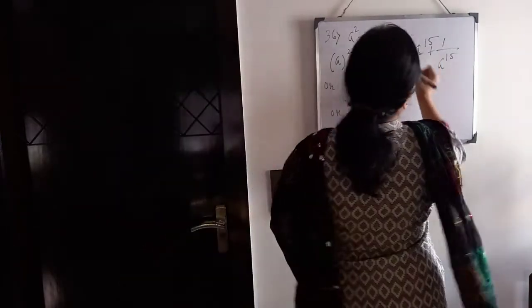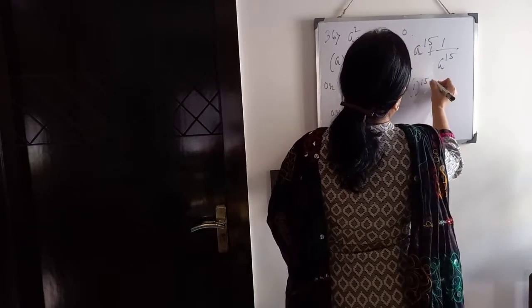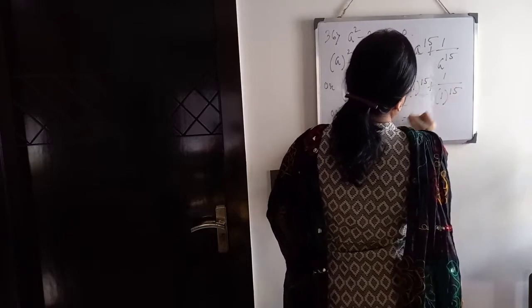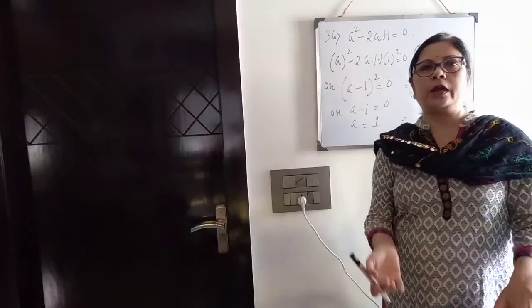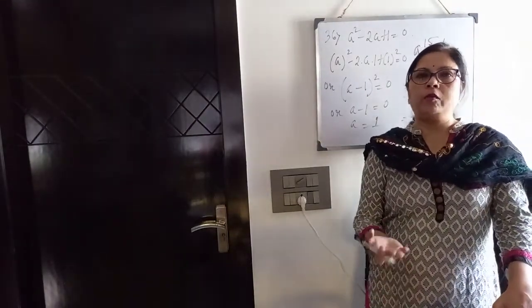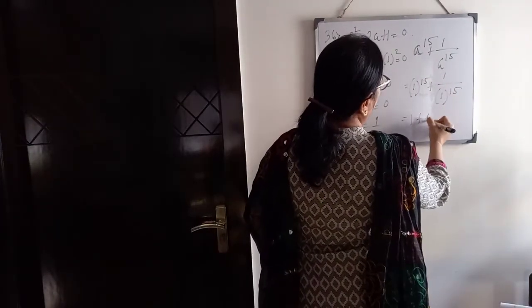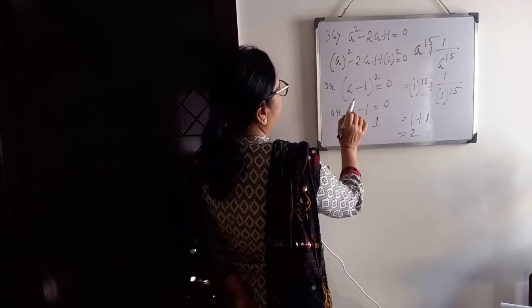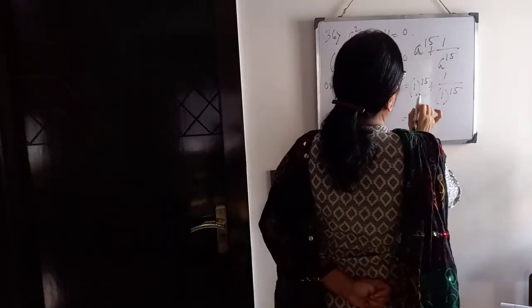Now you have to calculate this. So a to the power 15 means 1 to the power 15 plus 1 by 1 to the power 15. Now 1, if you multiply 15 times or 1000 times or 900 times, whatever it may be, your value will always come plus 1. So 1 to the power 15 means 1, and here also 1. So 1 plus 1, 2. So from here, we first have to calculate the value of a. Clear? And then we put it over here.